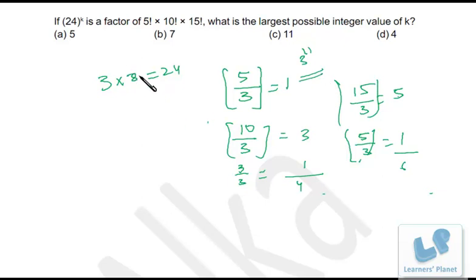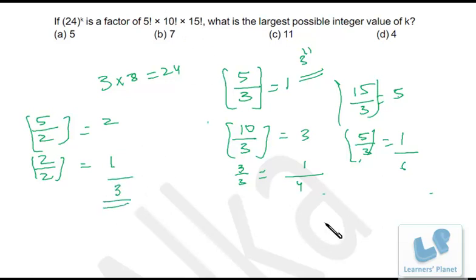Now we have to check what is the power of 8 that can be achieved from this, right? Now to find out the power of 8, what we have to do? We have to find out the power of 2. So in 5 factorial, if I divide by 2, what I'll be getting? 2, and 2 by 2 I'll be getting 1, right? So in all it's 2 raised to 3. Similarly over here, 10 factorial, 10 divided by 2 is 5, 5 divided by 2 is 2, and 2 divided by 2 is 1. So it's 2 raised to 5, 6, 7 and 8.